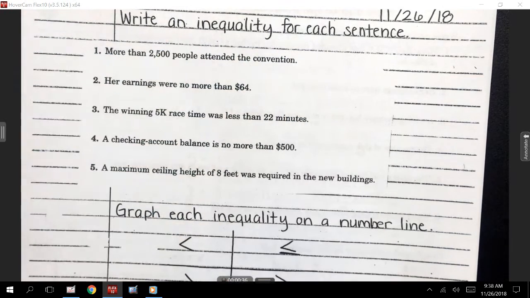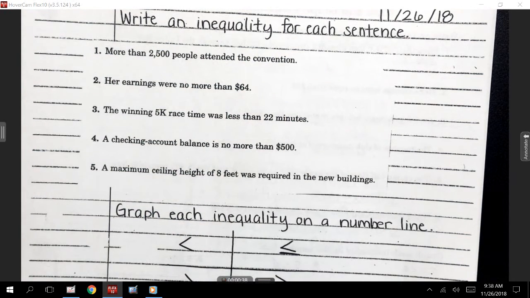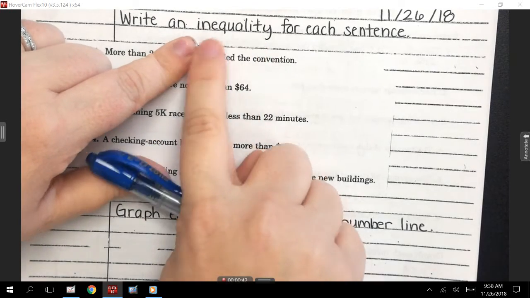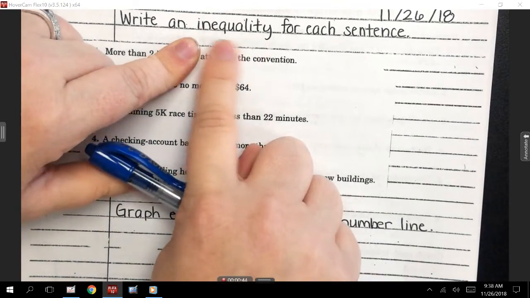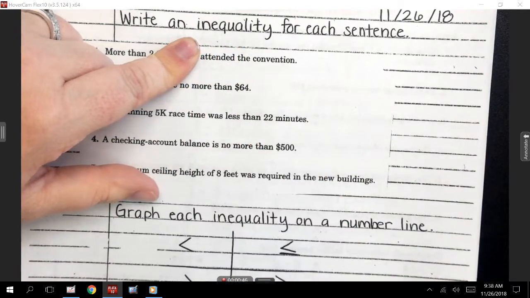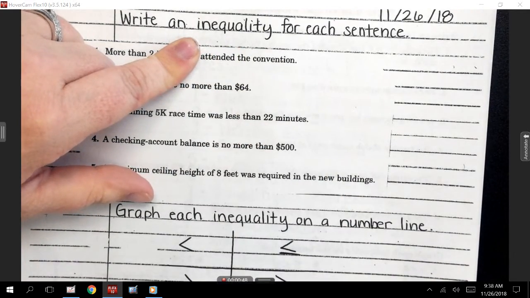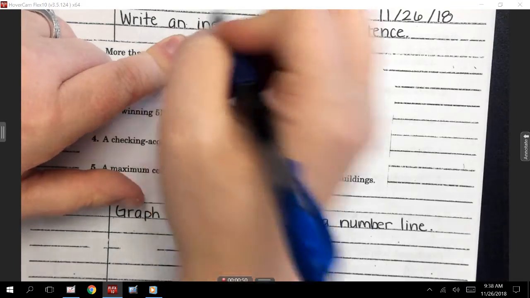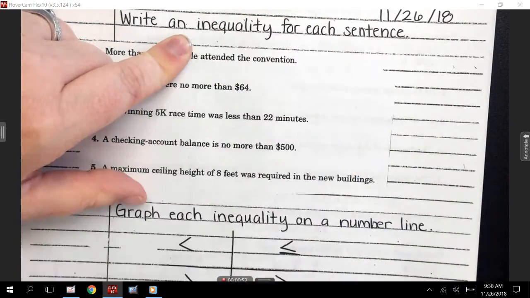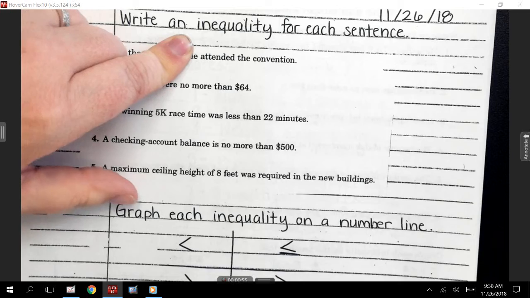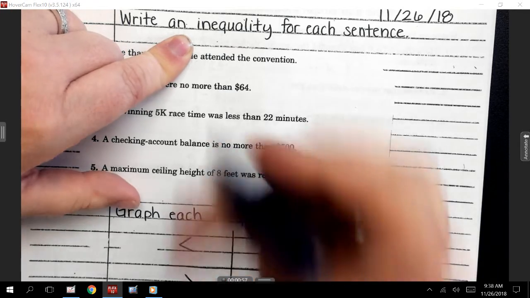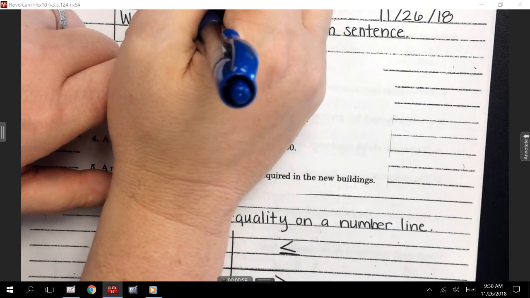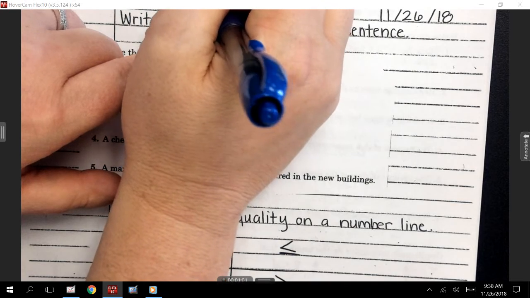All right? So we're still going to pick a letter, still going to say what that letter means, but then instead of writing a math problem, we're going to write something called an inequality. Now, we talked about the word inequality before. Does anyone remember what the word inequality is? Juliana? All right, an expression saying if something is less than, so there's my less than symbol, greater than,